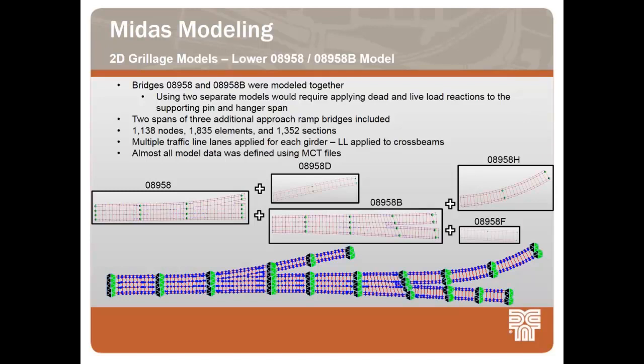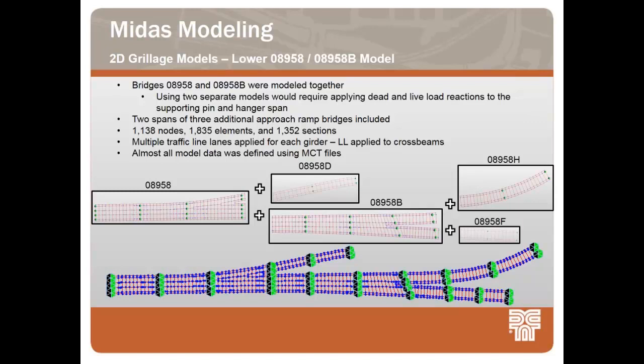Both bridges were modeled together, as well as two spans of the three attached additional approach ramps. This was done to reduce the number of independent models that would have to be created and then tied together. The different bridges are connected with pin and hanger expansion joints, so the supporting span reactions would have to be transferred from one model to another, which is simple for dead load, but for live load it could get